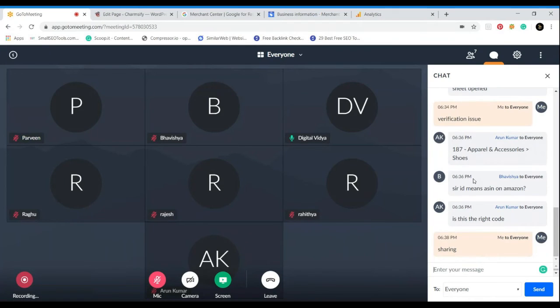Okay, if you are not getting it, just go to your Merchant Center account.